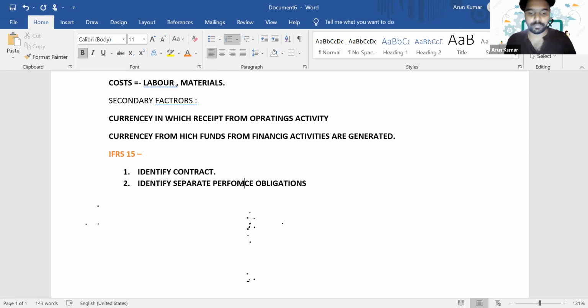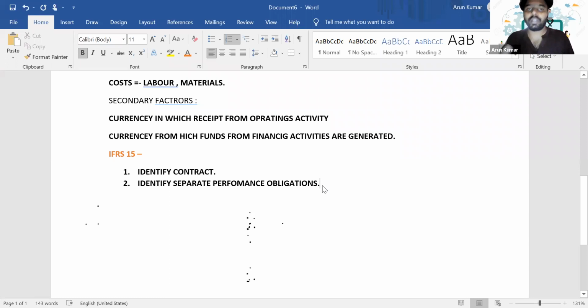Can you reply in the chat? So in this scenario, I have told that you're going to purchase a car, and along with the car, they are providing the service as well. Service is something that we can see as a distinct item, because the company used to provide the service separately for a charge. It is not dependent on the car. Service is something that we provide as an extra product. So we have to identify it as two separate products here.